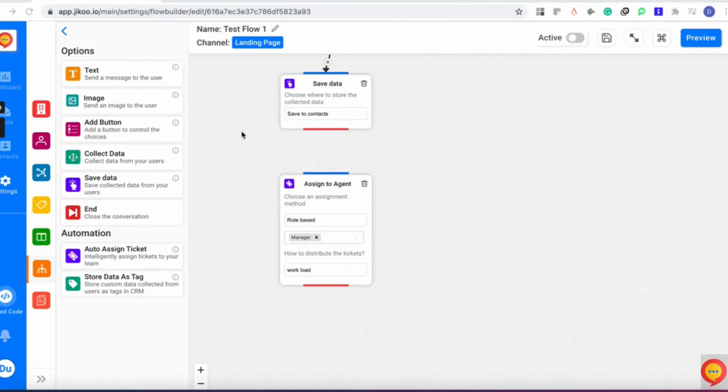Now we are just gonna end the bot flow for the request support option after collecting all the information. And before the agent joins the conversation, we are just going to show some text message to the visitor saying, please give us a few minutes, we will connect to an available agent right now. So for that, we are just going to drag and drop the end and type the message.